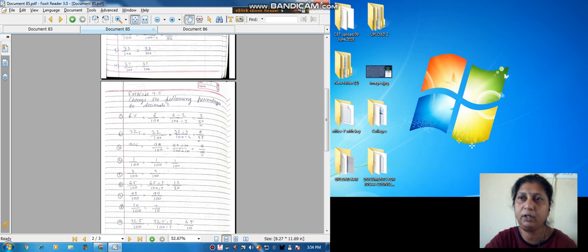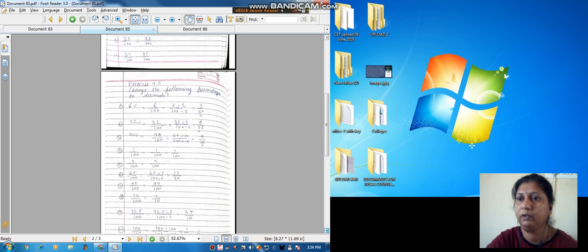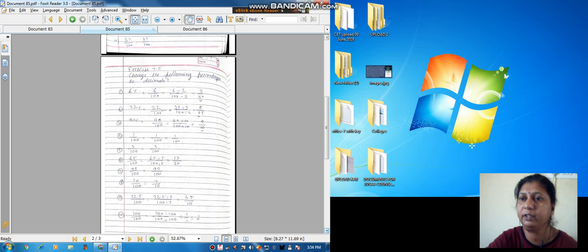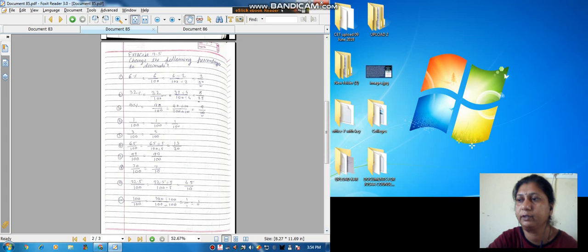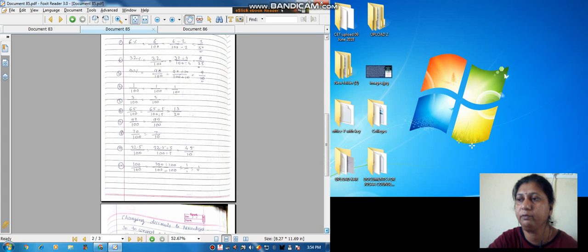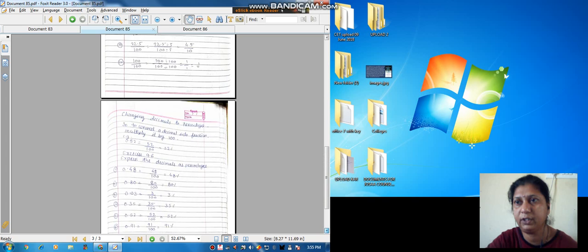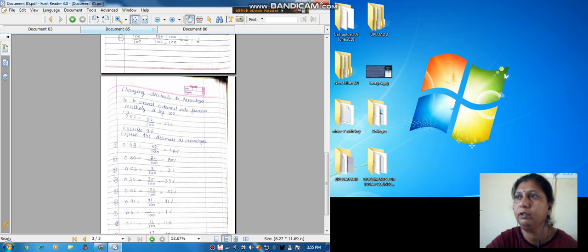Okay, so I will give this exercise screenshot. I will solve it and forward it tomorrow, or the next time whenever our class is there. Whenever I display the video, I will once again solve this exercise 9.5. Next, exercise 9.6. Change the decimals as percentage. So see here,